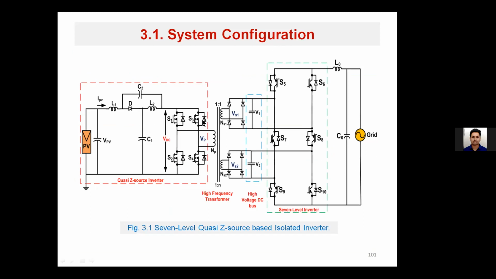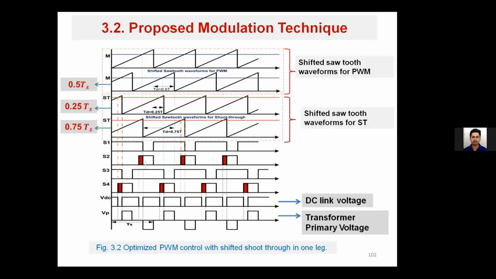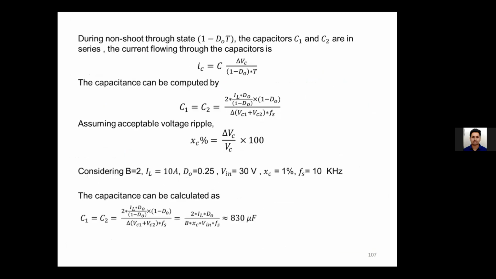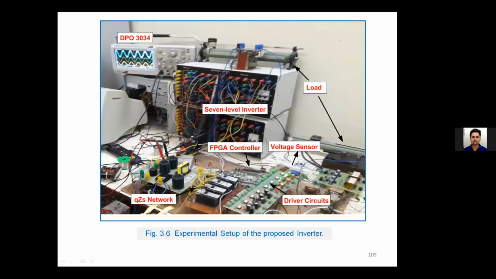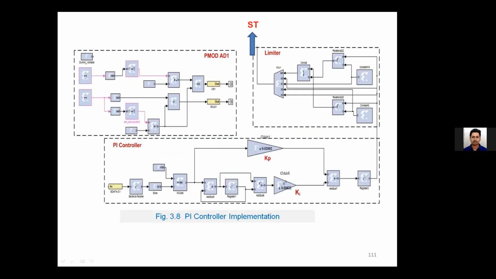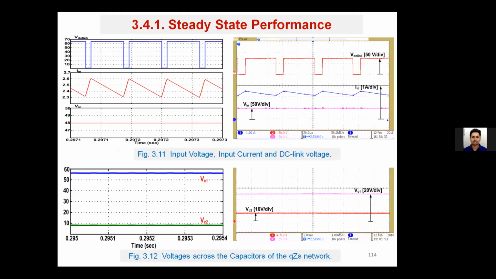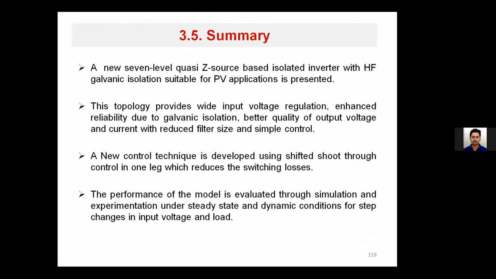This is one such configuration which we have developed based on the PUC inverter. This is a packed U-cell 7-level inverter. And again, here also we have used a high frequency transformer with multiple secondary windings. Here, instead of grid, we can also utilize it for the EV applications. We have developed a new control technique, and this is the overall prototype. As this is for grid-connected applications, we have connected the load and all. I have utilized an FPGA processor for its control operation to control the various switches. These are the final results of your 7-level waveform.